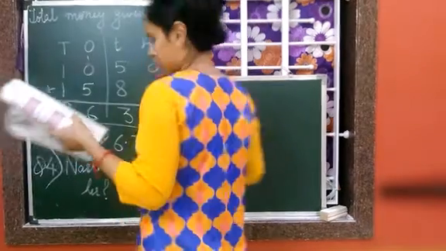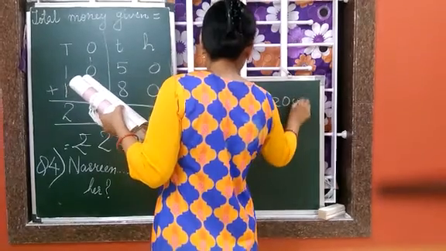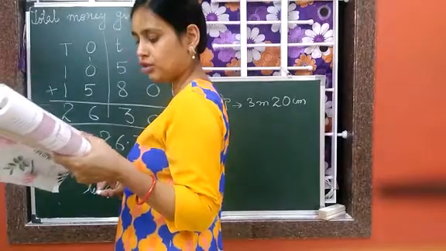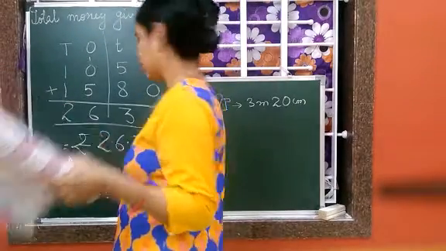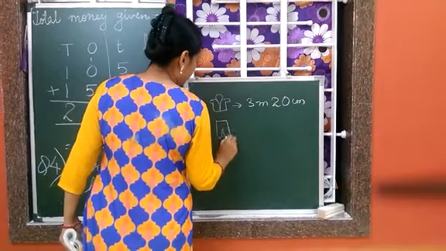How much? 3 meter 20 centimeters. And 2 meter 5 centimeter cloth for a trouser. Also she's buying cloth for a trouser,